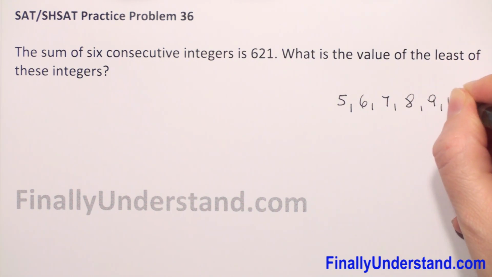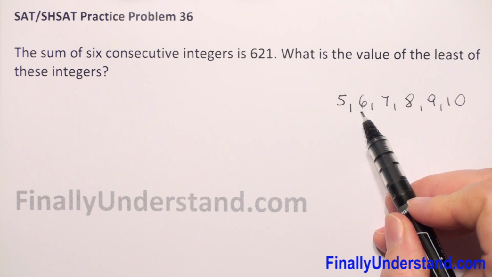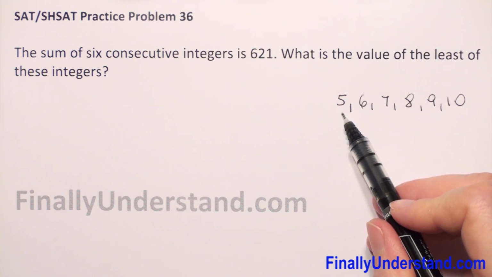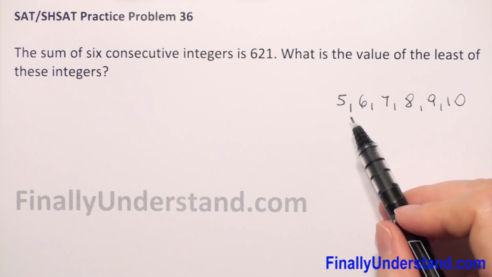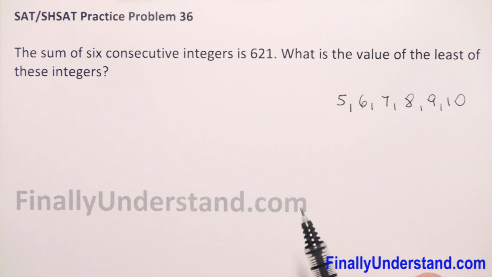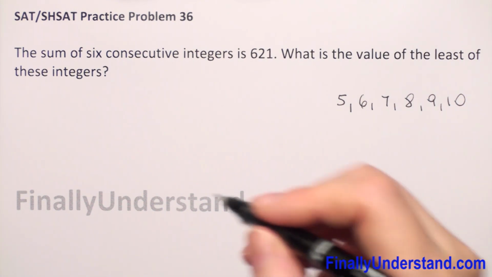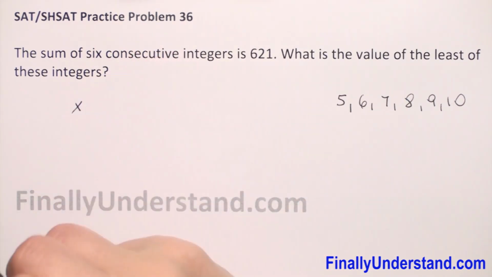9, 10. How did we get the second number? We add 1 to the first. And when we add 2 to the first number, we have the third number, when we add 3, we have the fourth number, 4, the fifth number, and so on. So if, for example, I write that the first number is x,